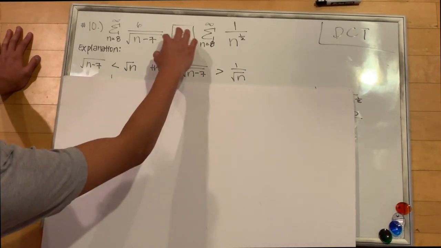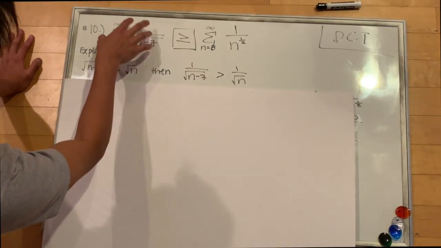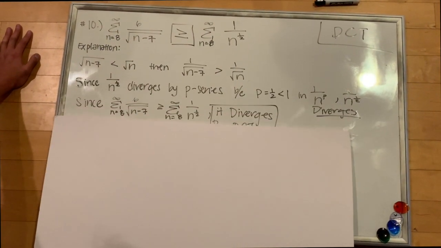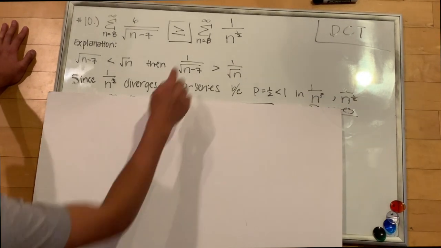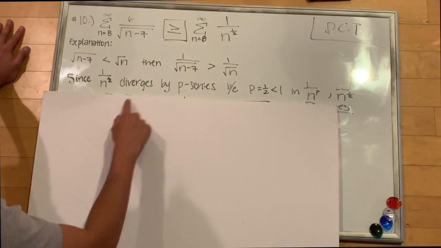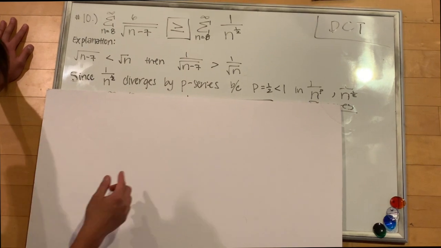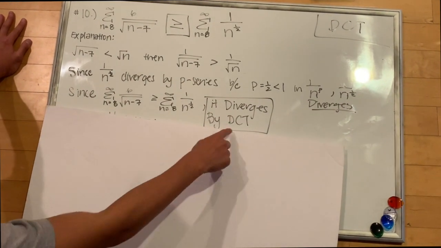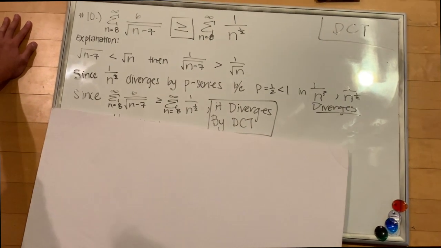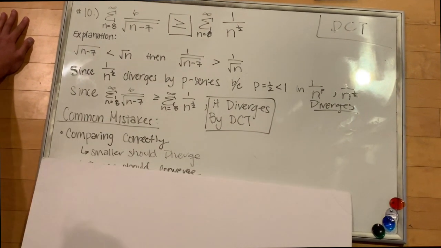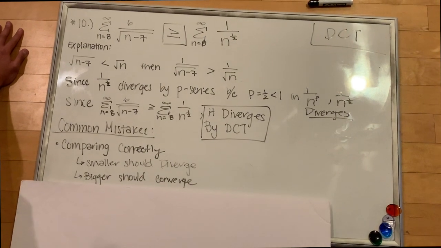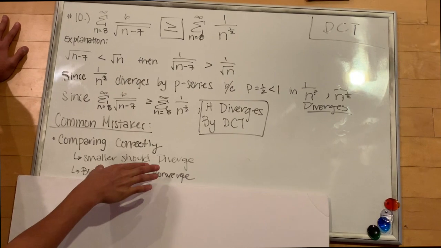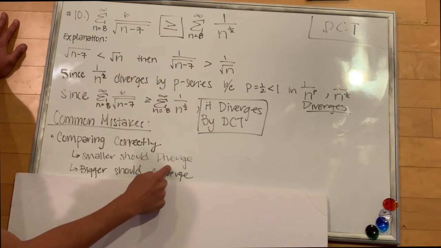And we bring that back to the original equation, and that makes our original sum greater than the sum of 1 over n to the 1/2. Since we know that 1 over n to the 1/2 diverges because of the P-series, since that's the one we just learned, we can know that the new sum also diverges by DCT, since it's greater. And a common mistake is comparing correctly. When we use DCT, the smaller one should always diverge and the bigger one